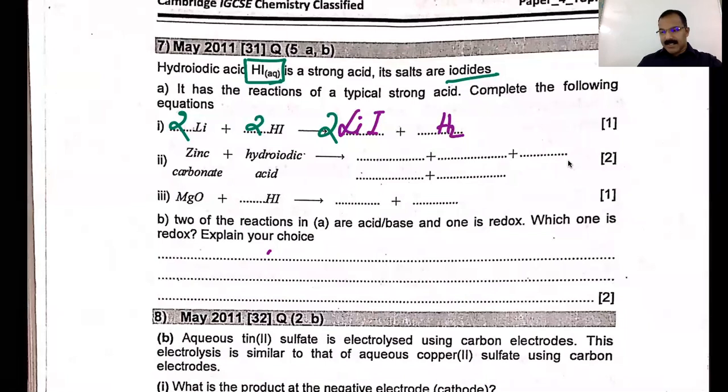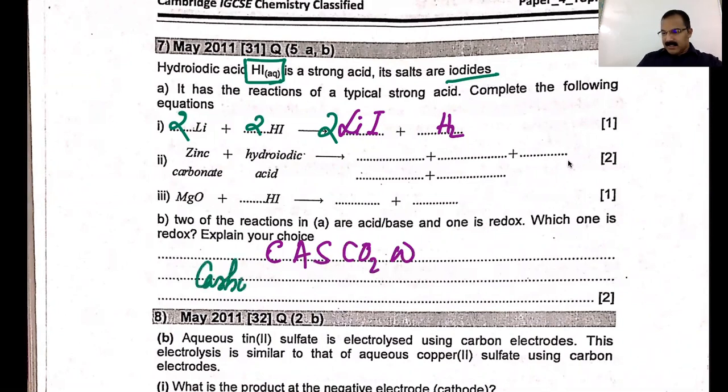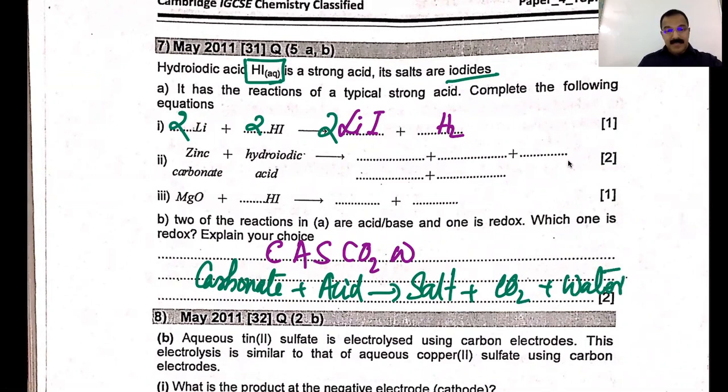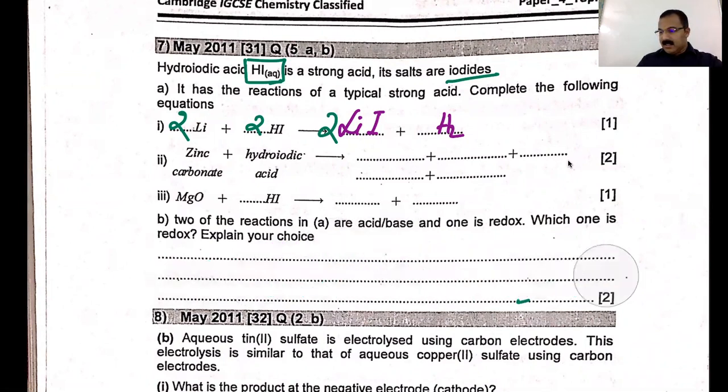Next is zinc carbonate plus hydriodic acid. This reaction we often write as the CASCADE reaction. It's a carbonate plus an acid. C stands for carbonate plus acid gives S stands for salt plus CO2 plus water. This is the expansion of CASCADE. So always remember, acids reacting with a carbonate, you can remember with this mnemonic. All right, so here also we are expecting similar salts. So zinc carbonate plus hydriodic acid, the salts are iodides, so the iodide of zinc, zinc iodide,